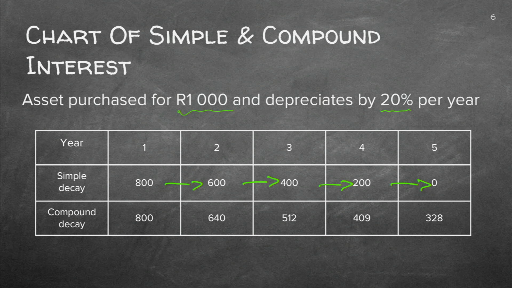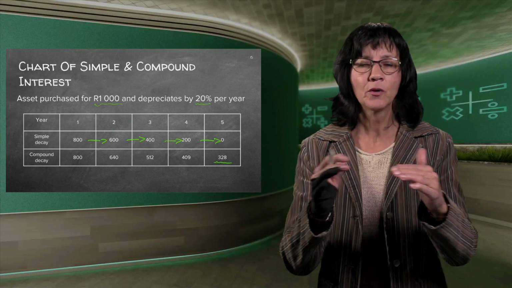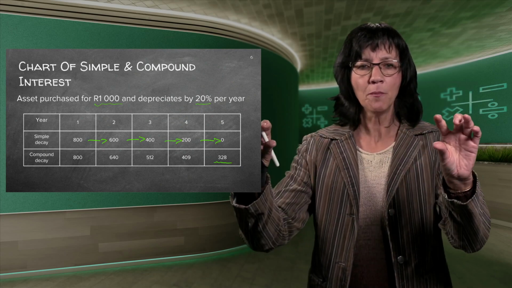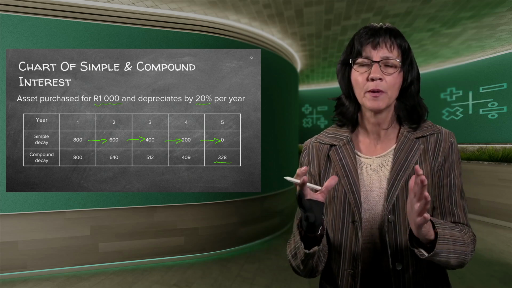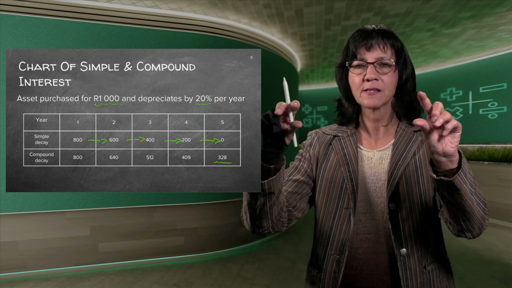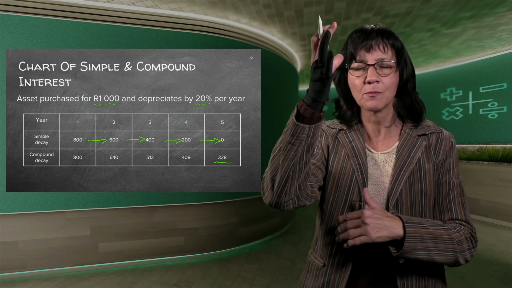But for compound interest, they every year work out the new depreciation on the previous year's value. So can you see they differ totally? So in the end, you still have a value left if you used compound interest. So it's just also that you can understand. And then automatically, if we now have to draw the graphs of these, graph is very easy to draw. Look at your table here. The year is on the top and the amounts are underneath it. Now, if you think of any table when you draw a graph, the x-axis is on the top, the x, and the y are the values that you worked out, which comes on the y-axis.